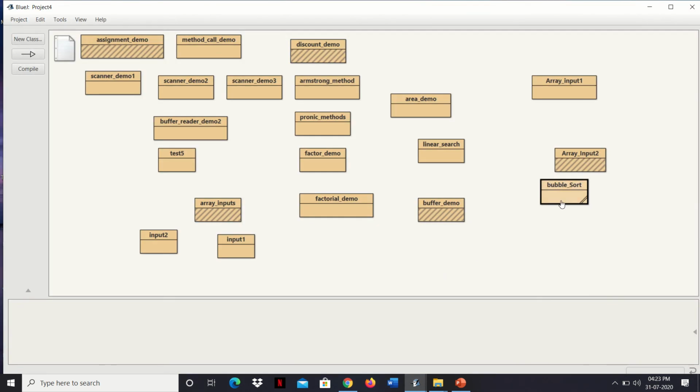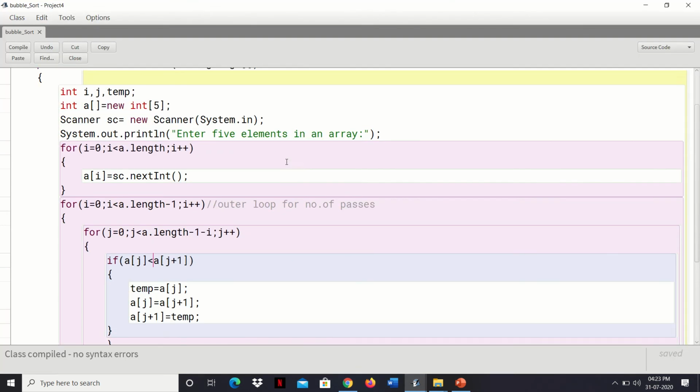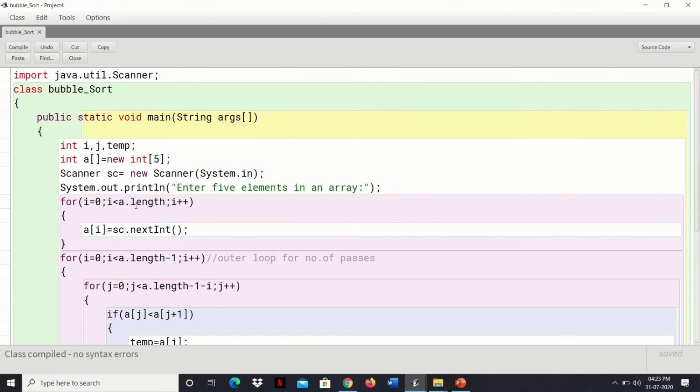Let's go back to the code once again, students. Let me explain once again: the package, the scanner class import, then the main method and class name as it is. Variable declaration is done over here. Let's comment it; comment statements are very important. Array creation is done using the new operator. With the scanner class object we take input into the array a[i] using sc.nextInt.